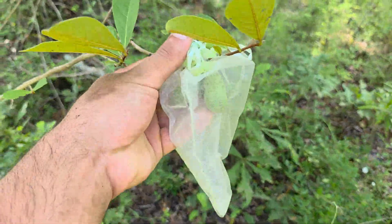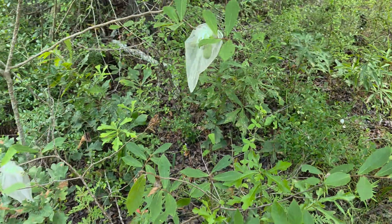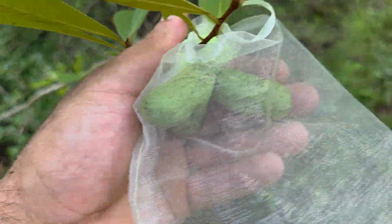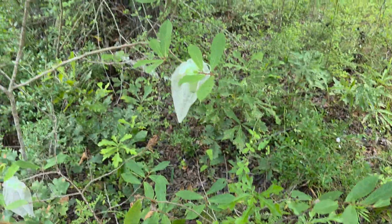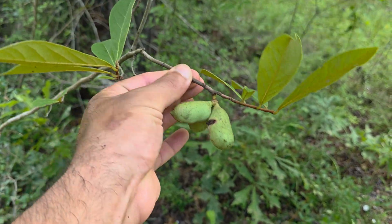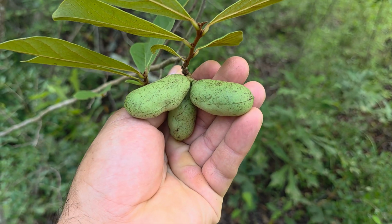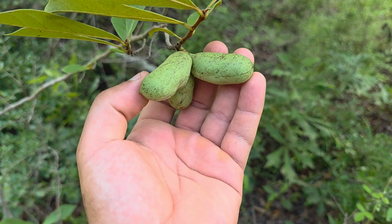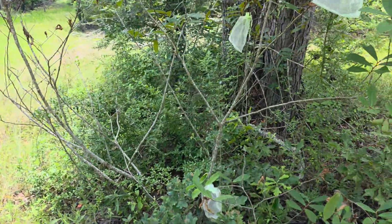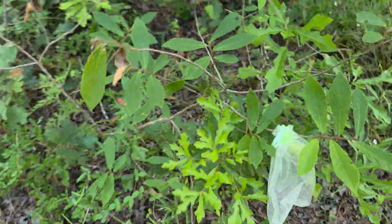Last year I ate some of them, and this one tasted like candy. It didn't have a whole lot of pulp to the fruit, right? But yeah, I was saying the fruit was good. The pulp wasn't much, but there was a lot of flavor to it. The seeds were large, and obviously the size of the fruit is impacted by variety and the conditions that it's going through. And look at what this poor plant is going through right now. Yet it's still got, I don't know, like 10 fruit on it. It's very little, but